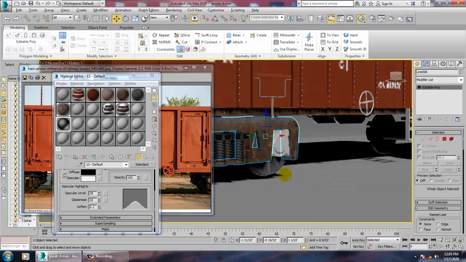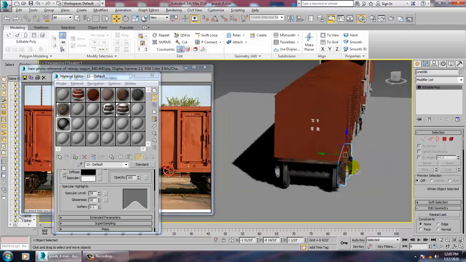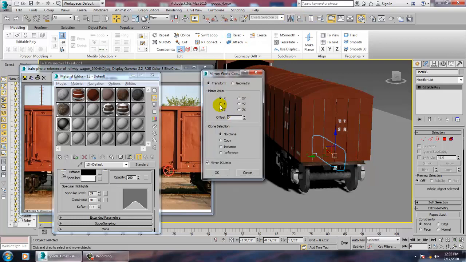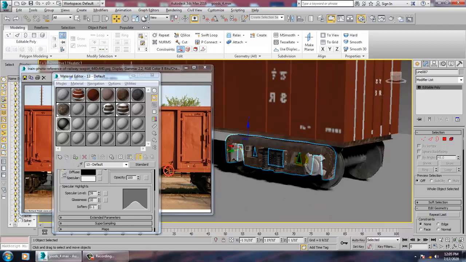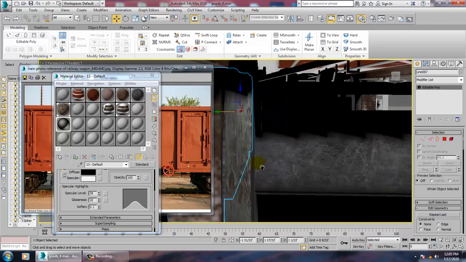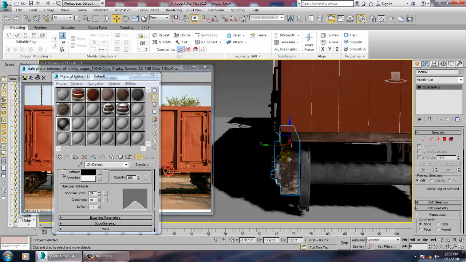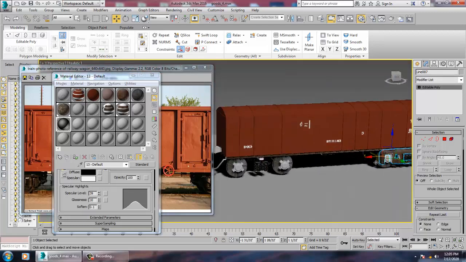So select this part and just mirror it in the y-axis. Make a copy of it. Just duplicate this.